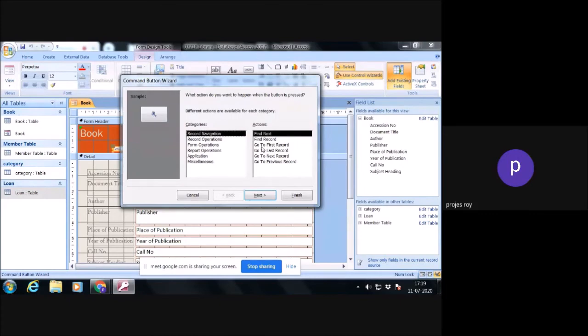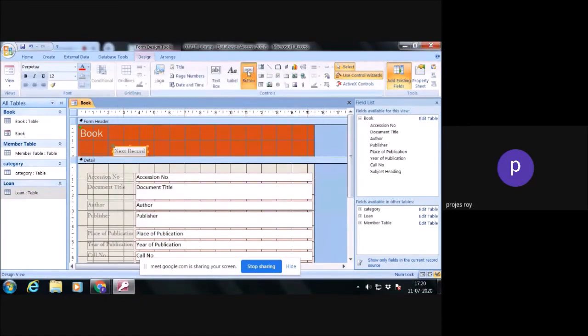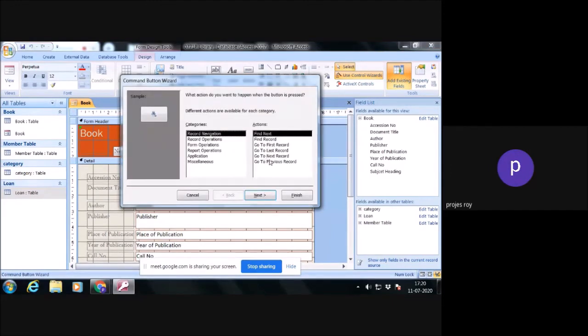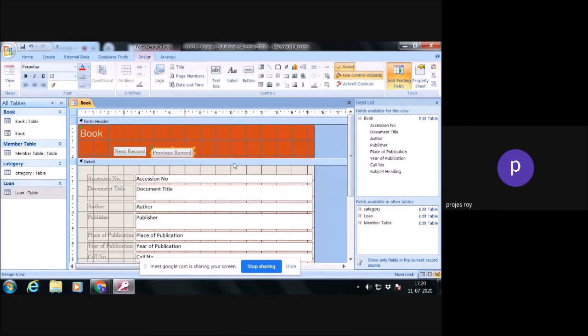Record operation, go to next record, next, finish. Then again, you can create another button, record operation, go to previous record, next, finish.